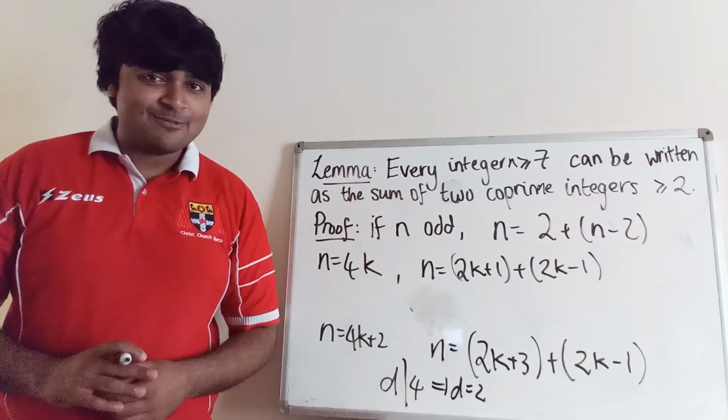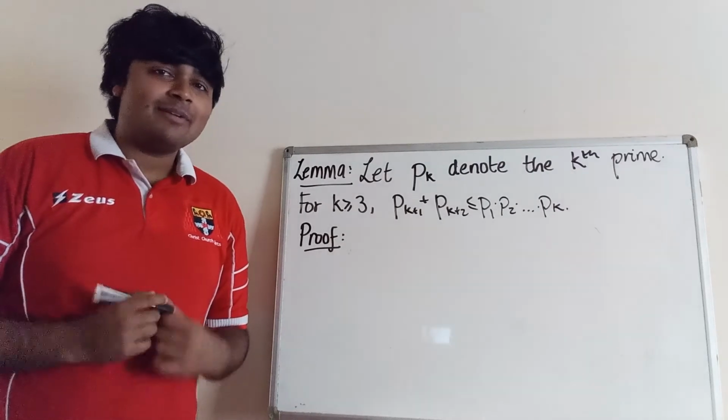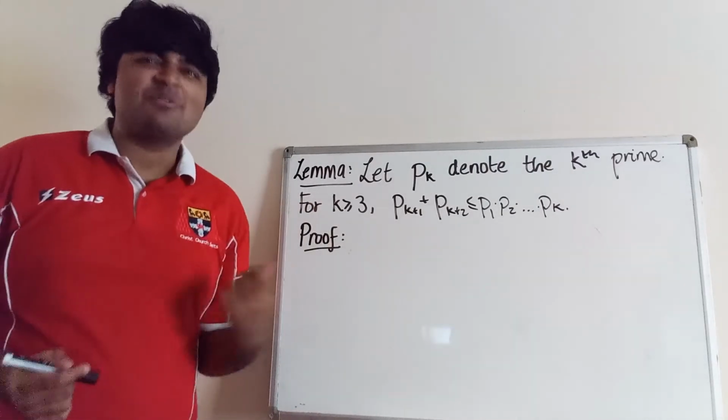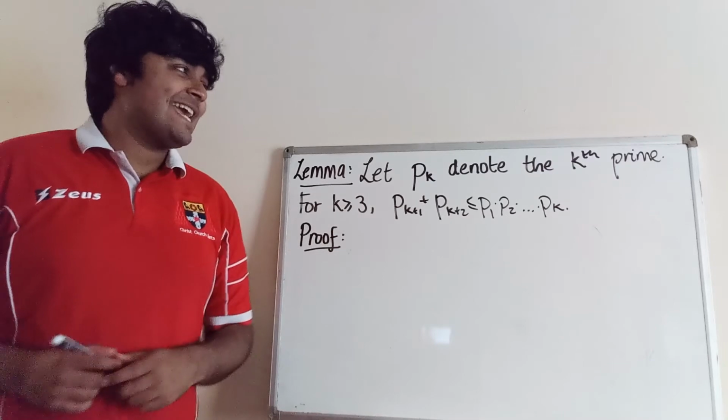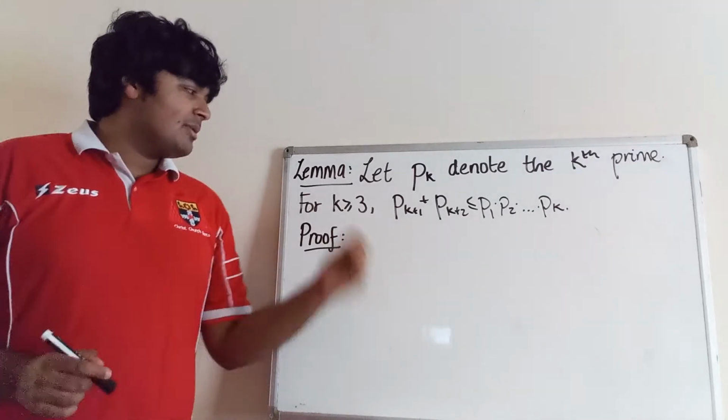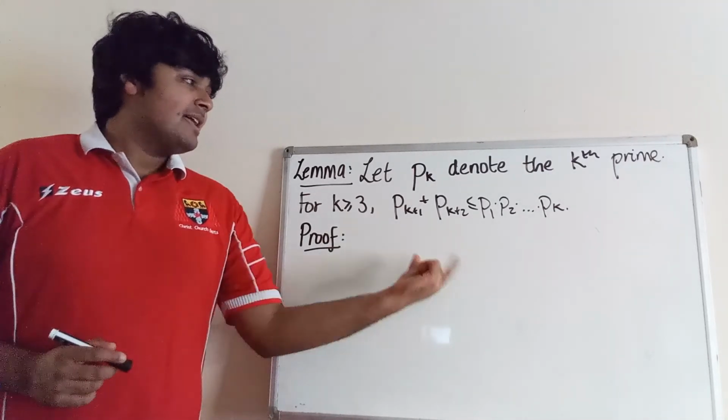Let's move on to the next stage. Okay, so next we're going to prove another lemma, and we're actually going to use the lemma we just proved to help us prove this lemma. We have pk denoting the kth prime, and we want to prove that for k at least 3,